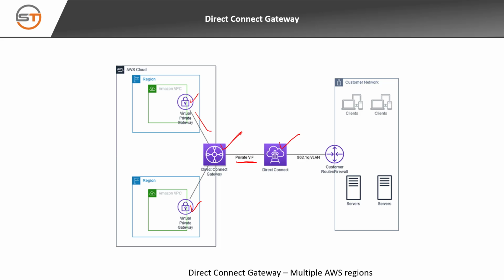Each AWS Transit Gateway is a network transit hub to interconnect VPCs. So with only a Direct Connect connection, you will be able to connect to a VPC within a single region, across all availability zones. But with the Direct Connect gateway, you will be able to connect to multiple VPCs in multiple regions.